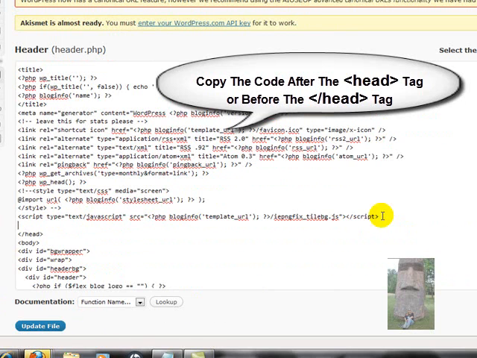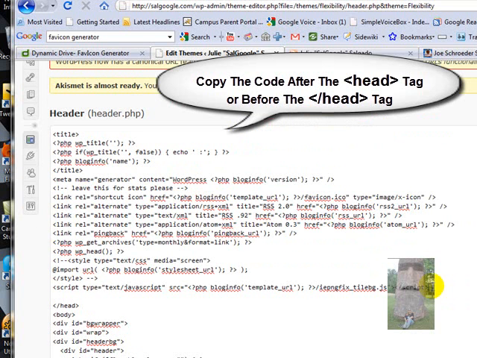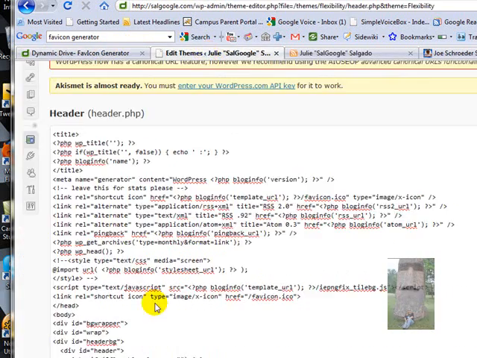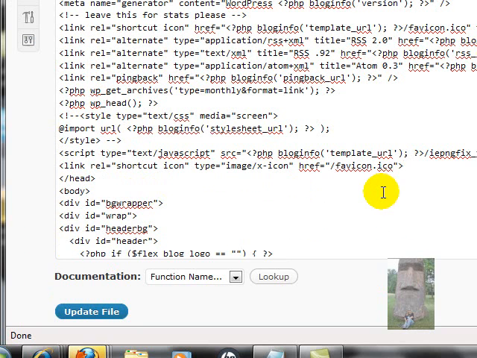All I did was I clicked right there with my mouse and I hit the enter key, so it opened up a line. Then I'm going to click my mouse right there, and I'm going to go Control V to paste that line of code from here